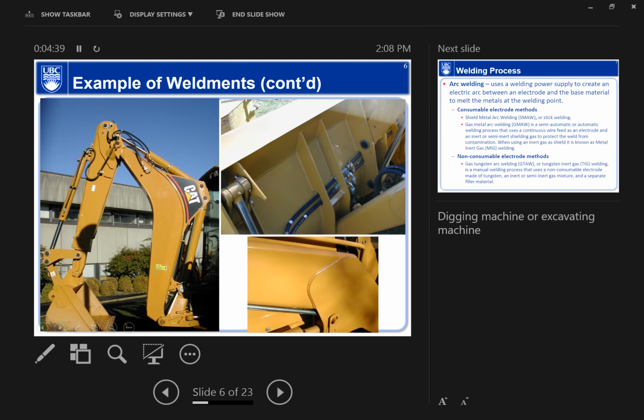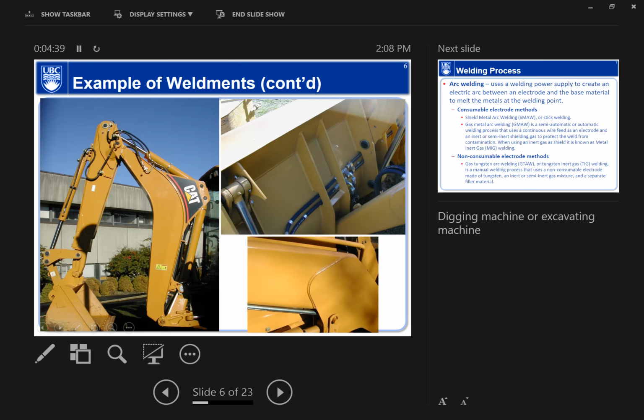the electrode and the base material. The electric arc will generate very high temperature and heat, which will melt the metal at the welding points. There are two different categories we can use to describe